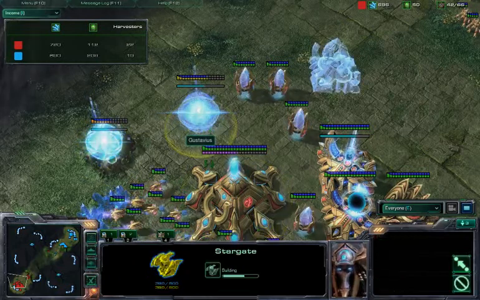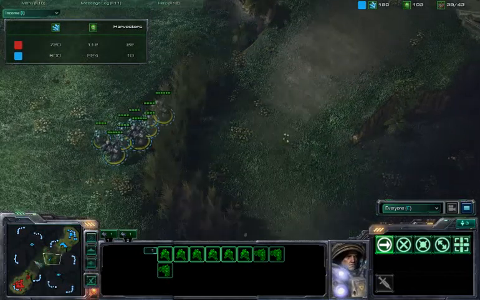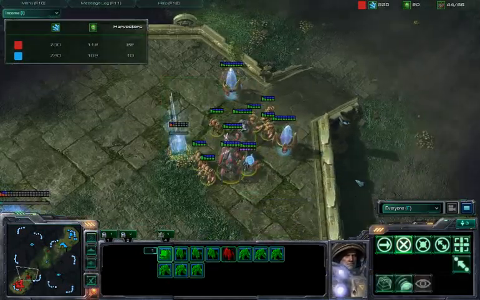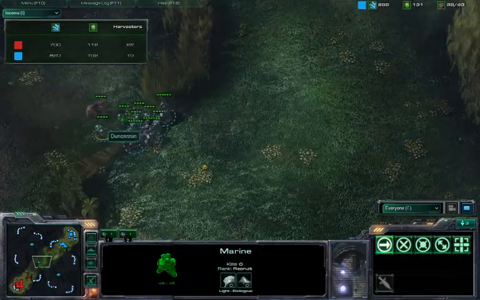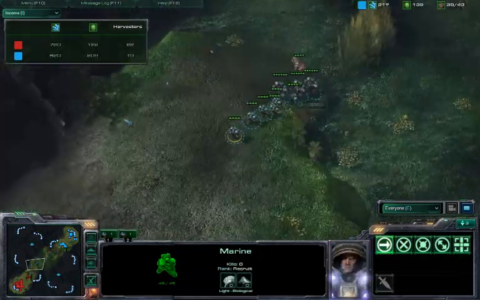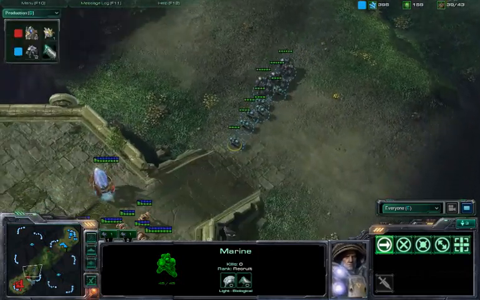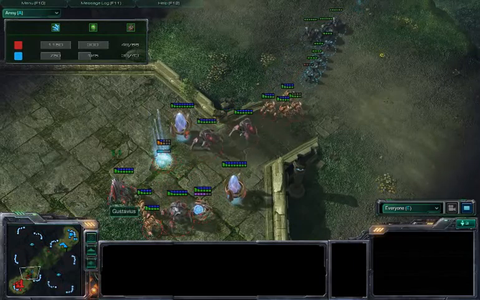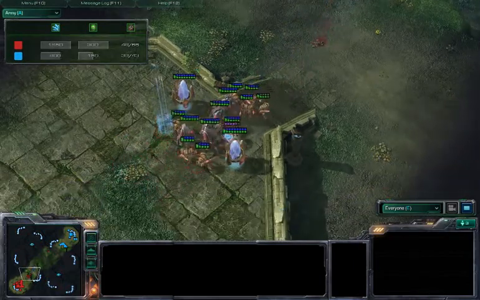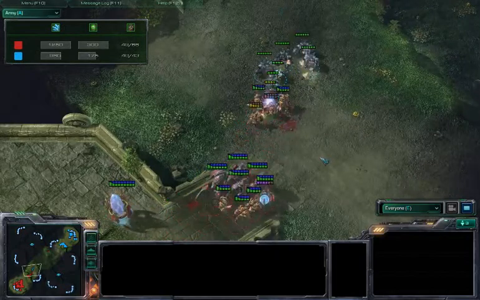Void Rays could do some damage here, like we saw in the previous game. I hope he doesn't, and he's also not relying on them as much. You do see he has this big force, but Duncanrun's pushing out. This might be a little late from him. His army looks to be a lot smaller, and with this ramp placement, with this ramp positioning from Gustavius, it's going to be tough to deal with that